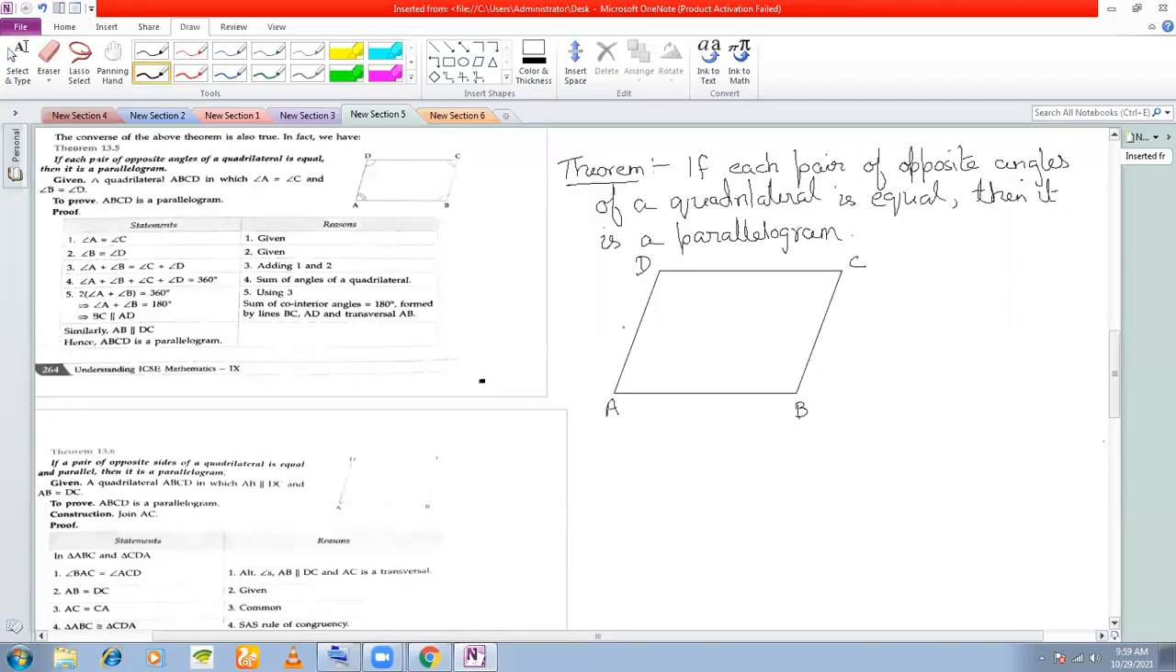So in order to prove this theorem, first of all, we draw this quadrilateral. We don't know whether this is a parallelogram. So we just know that ABCD is any quadrilateral. So given here, ABCD is a quadrilateral